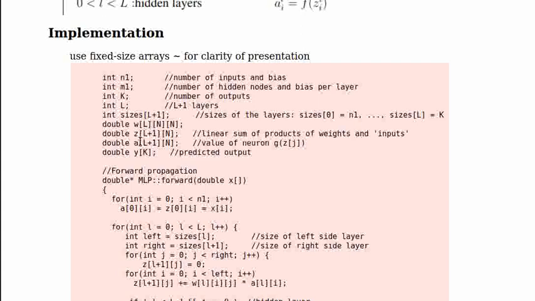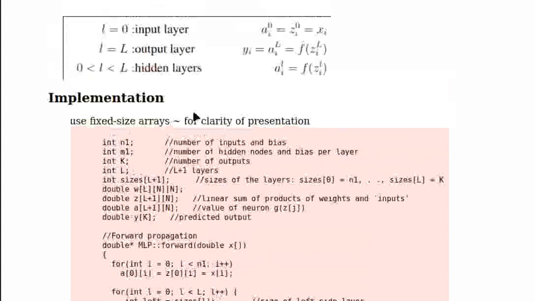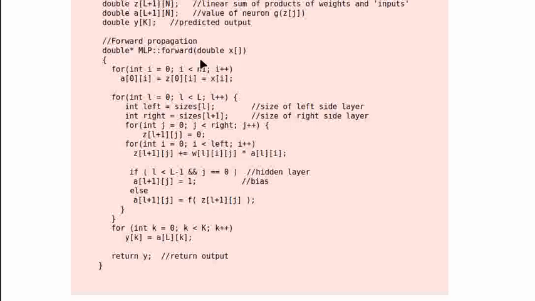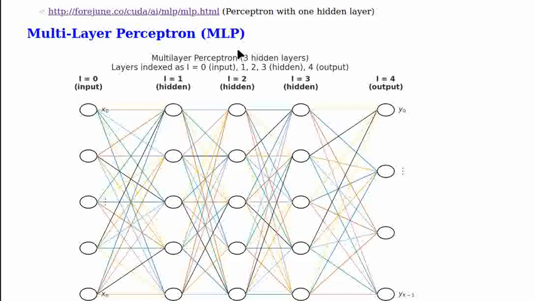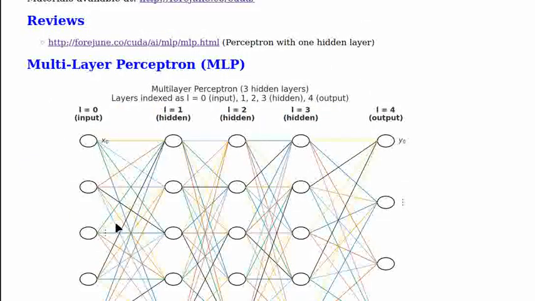And C L plus 1 is the C we were discussing, and A, this A, and Y is the output, the Y here. So this is the implementation of the forward propagation. X is the input array, so this input x,